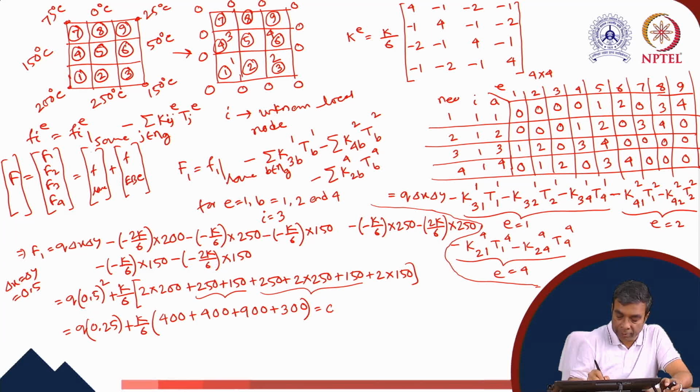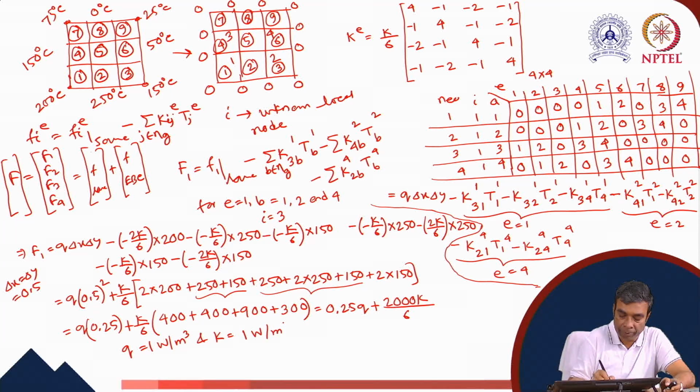So this is 0.25q plus 4 and 4, 8, 17, 2000. So it is 2000 k by 6. Now putting q equals to 1 watt per meter cube and k equals to 1 watt